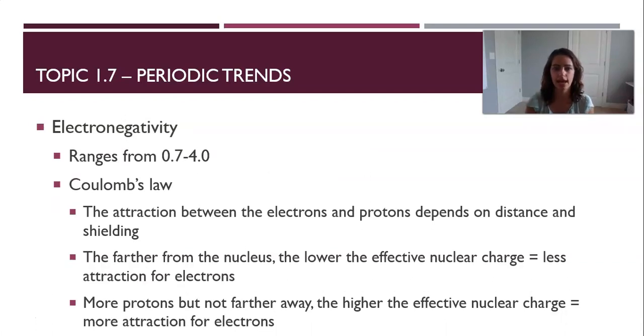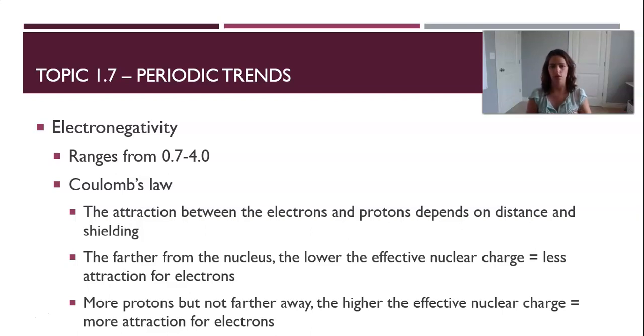And then lastly, we have electronegativity. So electronegativity is kind of funny because they're made up values. They range from 0.7 to 4. And electronegativity is, again, looking at the attraction. So just like everything else with Coulomb's law, it deals with the attraction between the electrons and the protons, depends on distance, depends on shielding. So the farther away you get from the nucleus, the lower the charge, the less the